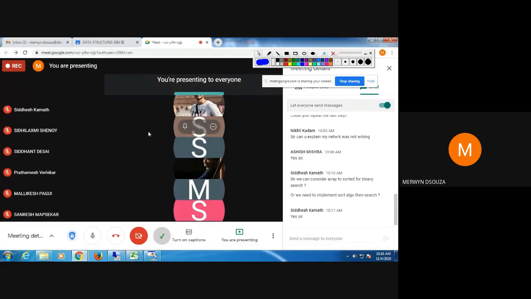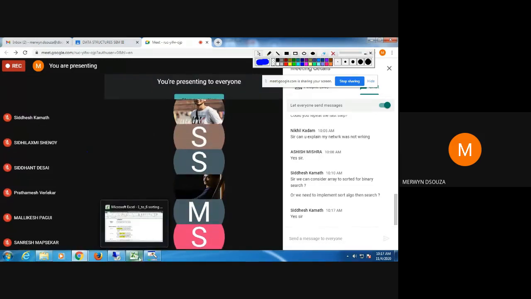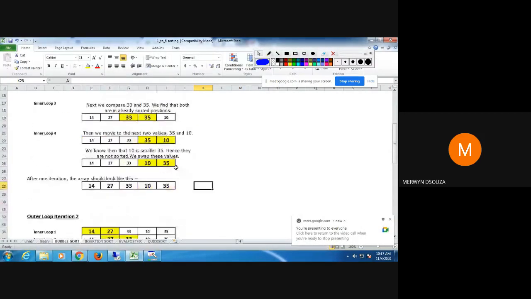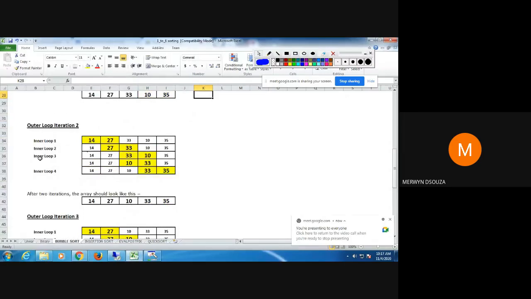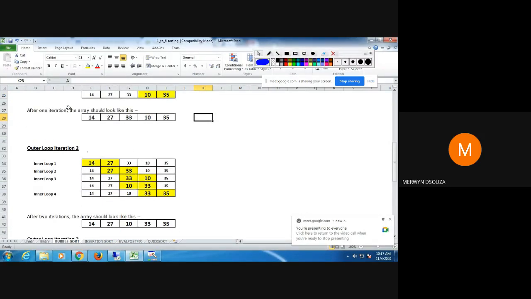So the first iteration of bubble sort, everyone has got. Now the second iteration. I'm not showing you all the details, I'm doing it here only. Take the output of the first iteration as the input for the first step of the second iteration. So you start from here. The same values you have copied here.